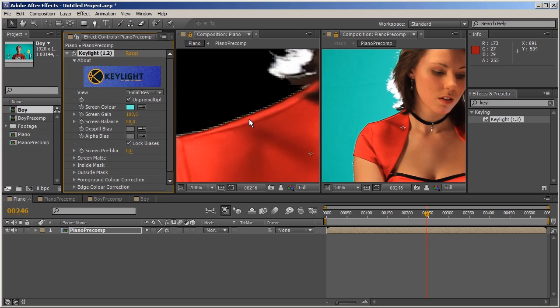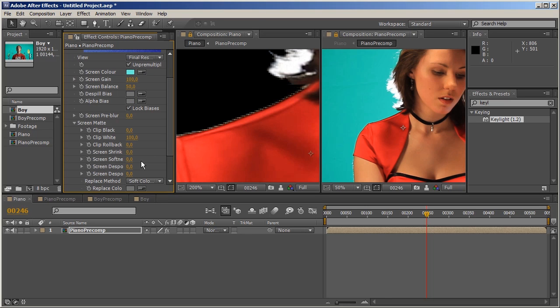Well, the footage is already keyed out quite nicely, but we can see the nasty edge. The way to deal with this usually is to go to the screen matte and maybe shrink it a little bit. We can do -1, and that actually does a pretty good job. We can also pre-blur this a little bit, but then again we get the blockiness and we lose a lot of detail in the original image, depending of course on how much we're blurring. Not to mention the fact that the edge is shifting. We can of course try some choking,